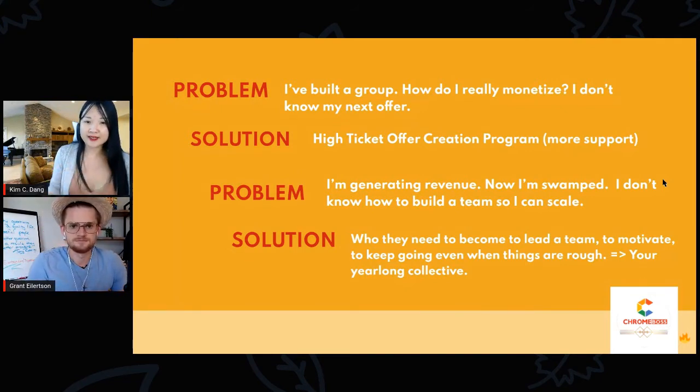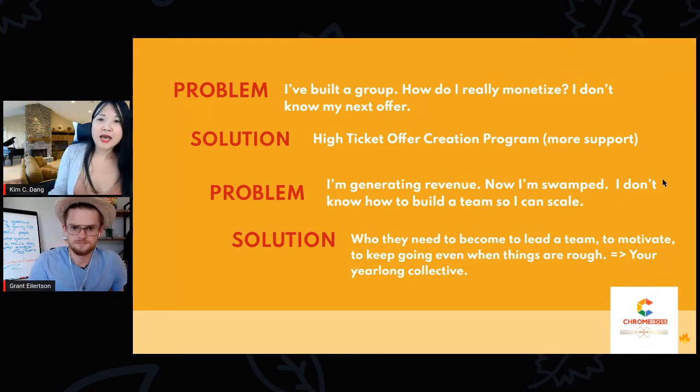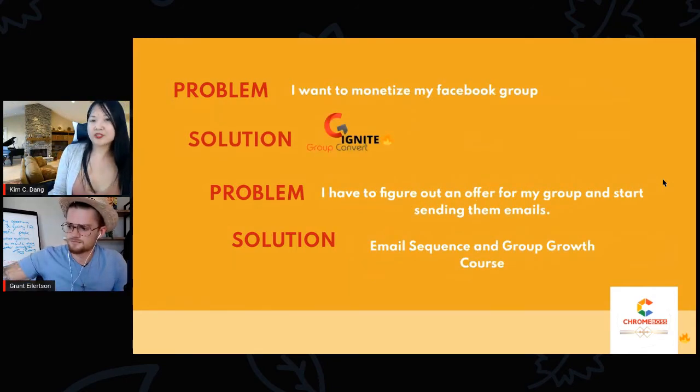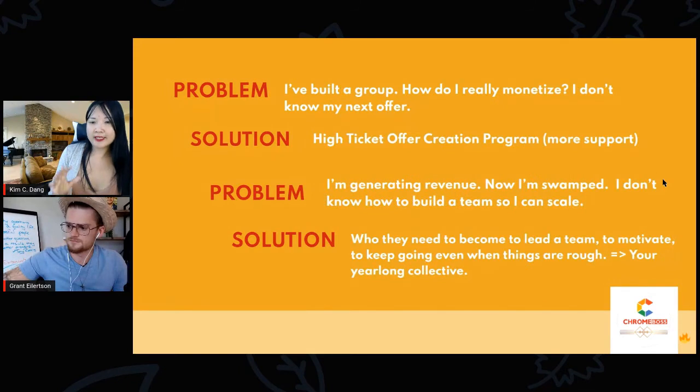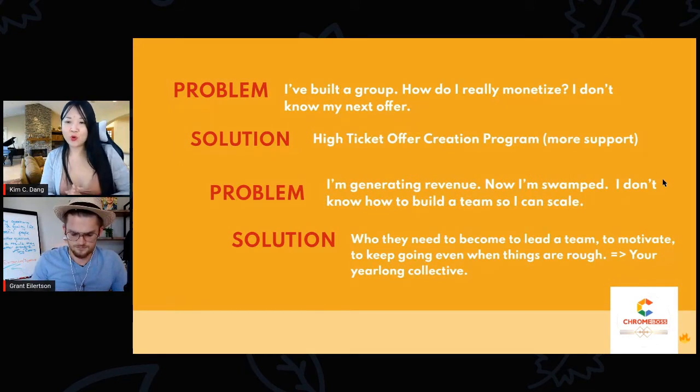So here's our next solution. We are able to get you into our year-long collective to really help you collapse time and do this. So with that said, starting really small and starting simply will give you a gateway drug that will open up so many doors for you.